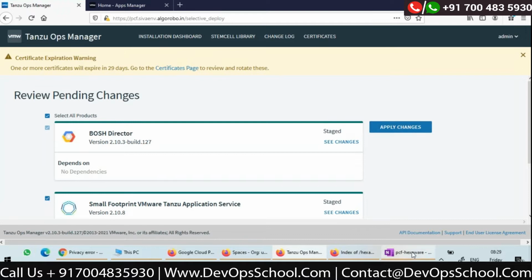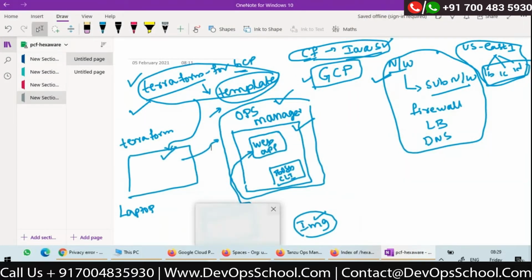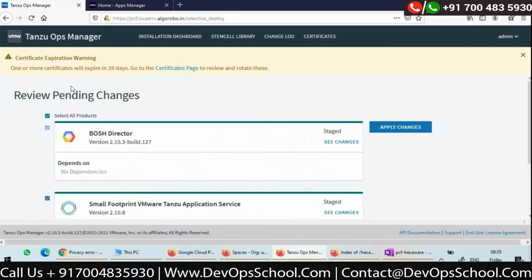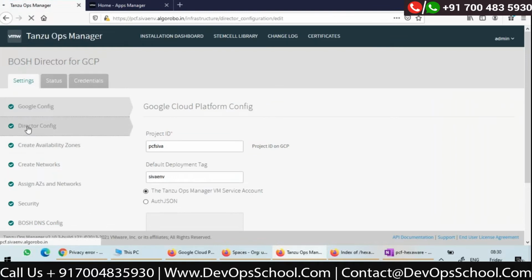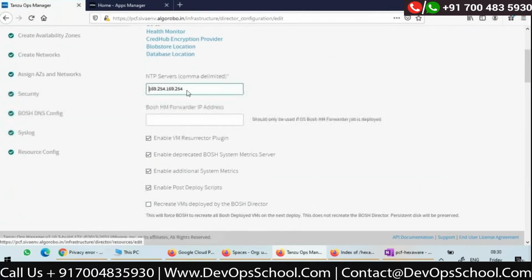So through the UI, I configure and apply changes. The request will now go to the web application. This web application is going to create a .yml file based on whatever information I give here. Through the UI, I'm giving a lot of information in a lot of tabs.